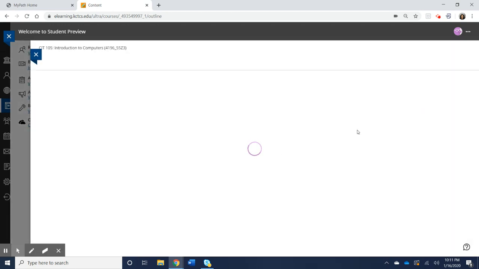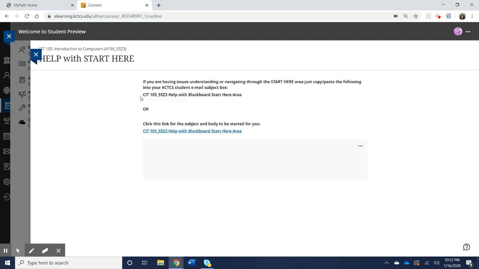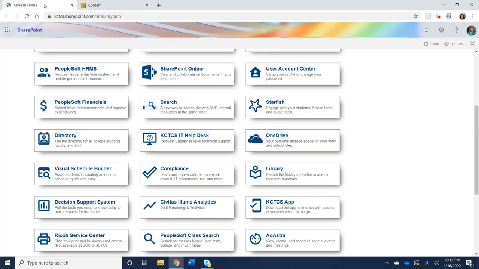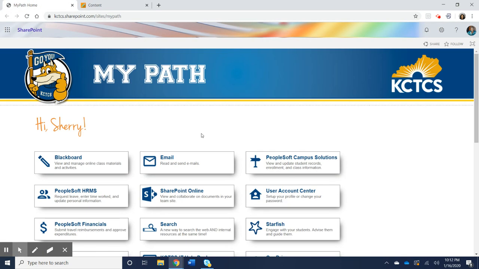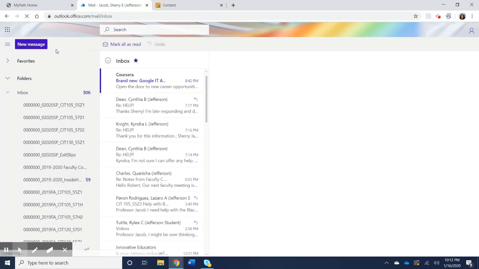When you do that, a window opens and it basically tells you that you can copy this subject that appears here, which is CIT 105. It gives your class and section number, and it tells me exactly what you need help with. So you can copy that, do a Control-C on your keyboard, and go over to your KCTCS email, launch your email, create a new message,